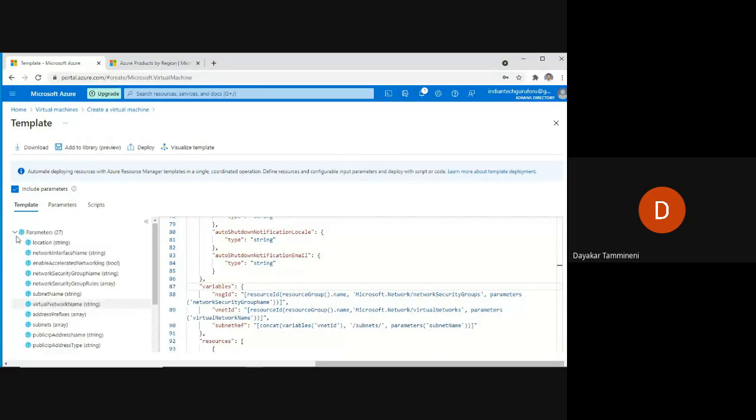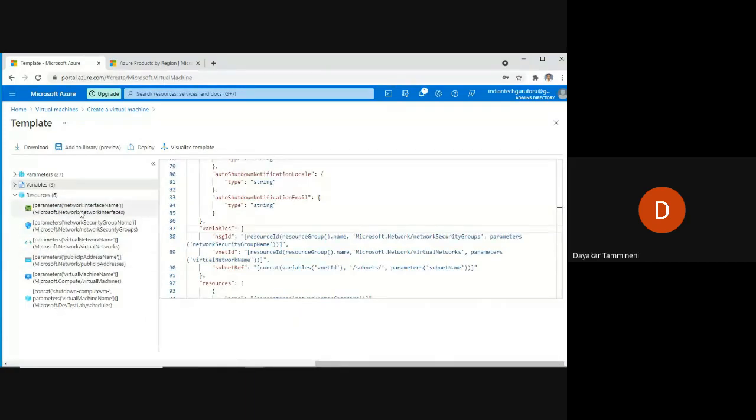I am going to minimize these two. So what are these resources? The first resource is network interface. The second resource is network security groups. These we'll discuss in networking concepts. The third one is virtual networks. The fourth one is public IP address, which is needed to actually enter into this particular virtual machine. The fifth one is virtual machine, the actual virtual machine. The sixth one is dev test lab schedules.